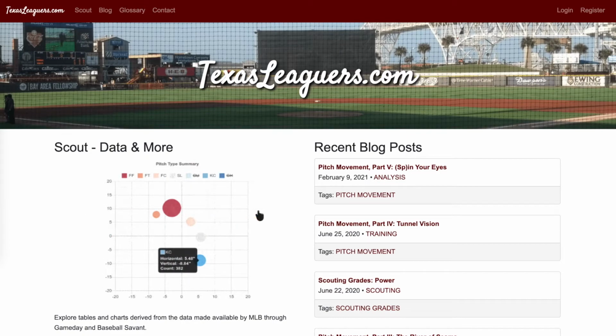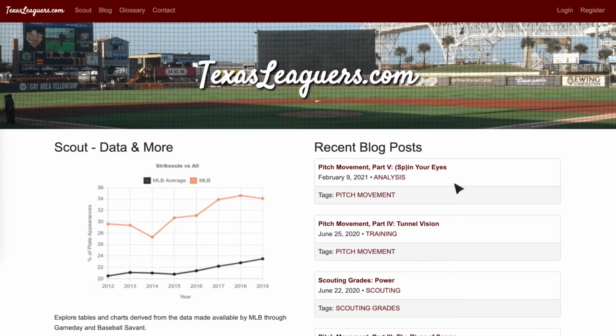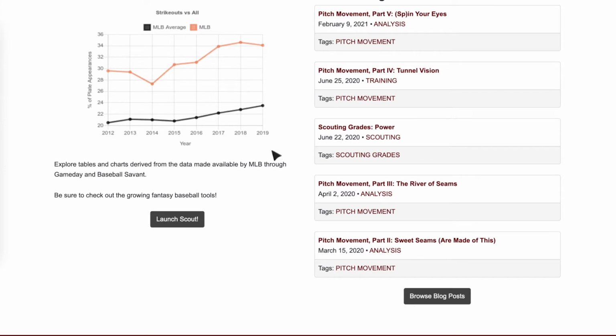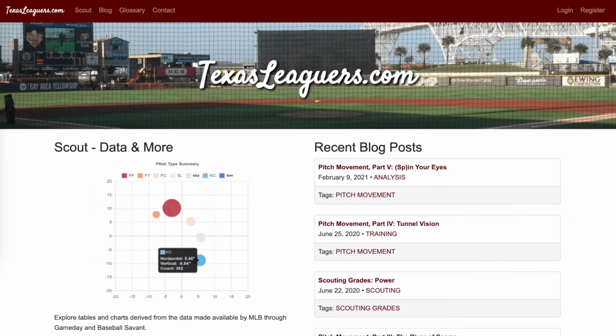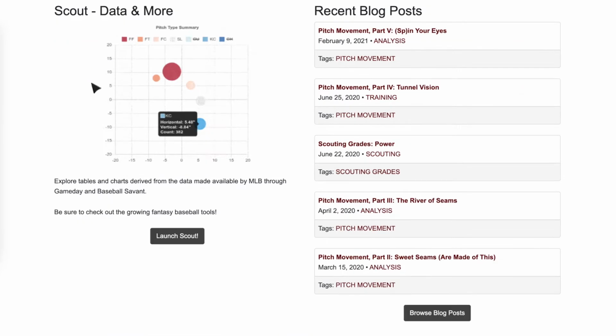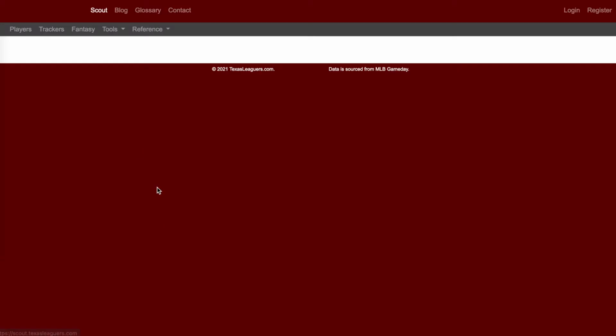Hey guys, I wanted to share with you TexasLeaguers.com. This is a really awesome website. I think it's the best out there. It has some really awesome visuals that it does with the StatCast data, and a really neat tool I'm excited to